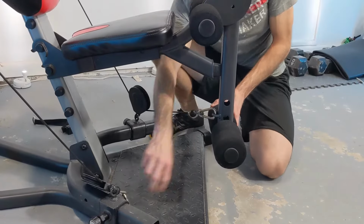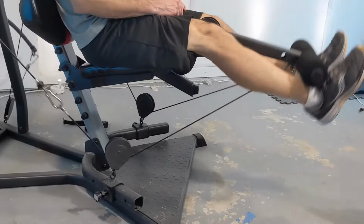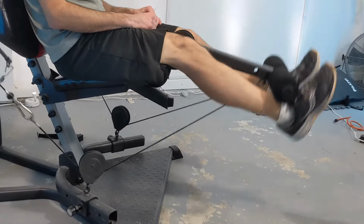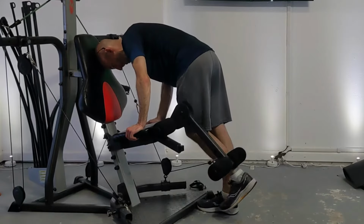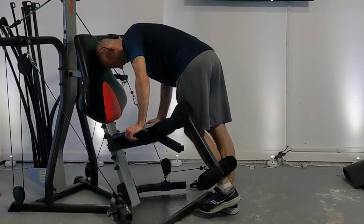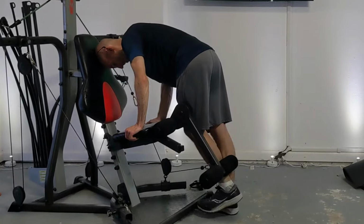First, we've got our leg extension attachment, and the cables, they just clip in right down here, and then you have a really great leg extension. Great for your knees and for your quads. Now, leg curls, on the other hand, they might work for you, they might not. For me, I have to rest my head up against the backrest and then lean forward, and it's kind of weird, and it doesn't work nearly as well as the dedicated leg machine,